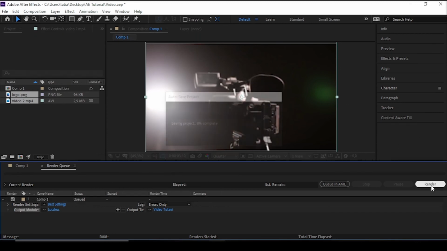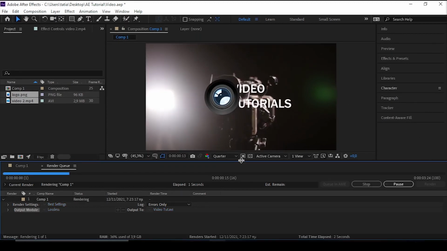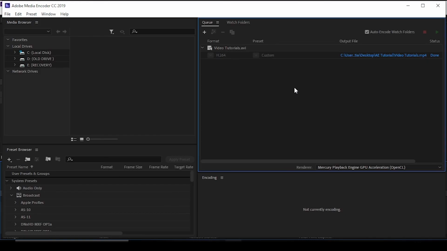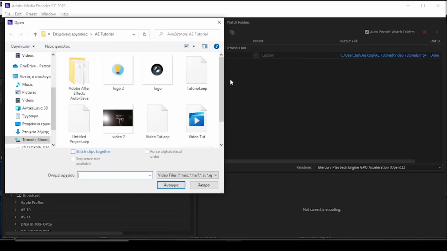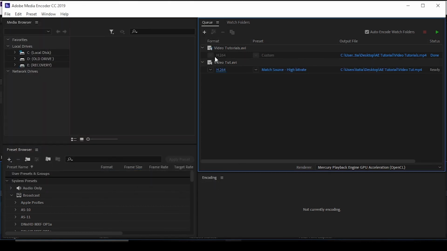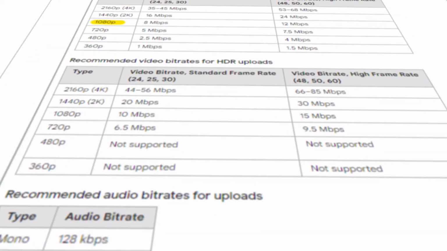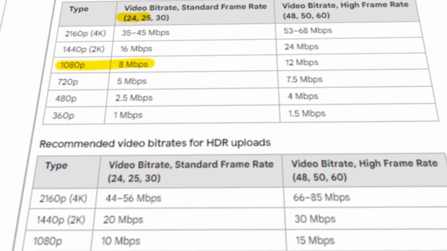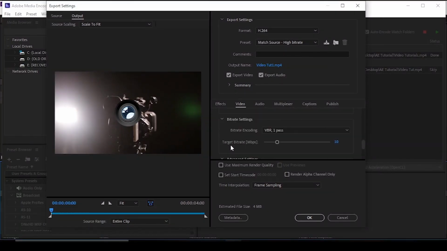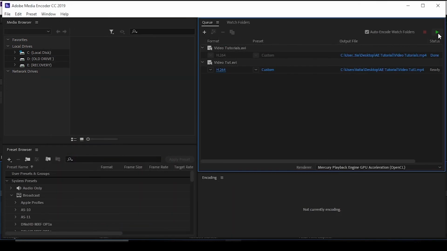Now, if for any reason you want to resize it or change the file's type, you can use the Media Encoder. It's another Adobe program. Look inside this area and import your file with Ctrl and I and go here to choose where you want it to render. Choose the file's type and edit the bitrate settings to resize it. Now there are some standards about bitrate. Here is what YouTube says is the optimal, but when I create a video for social media, posts or stories, I just reduce it to the minimum so that it's smaller and easier to upload. On this video I chose something close to 8 Mbps and go here to render the video.